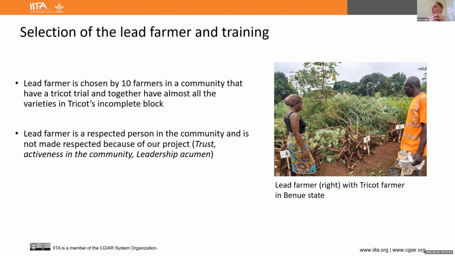All those 10 farmers choose their representative, and we build on local institutions. So we are identifying a person that is respected and trusted in the community. We are not creating a new person because of the project that then gets a kind of status because they are involved in our project.